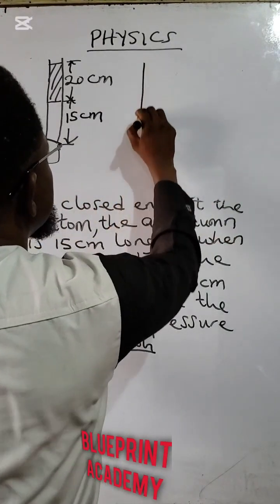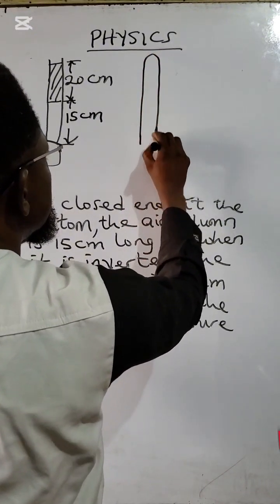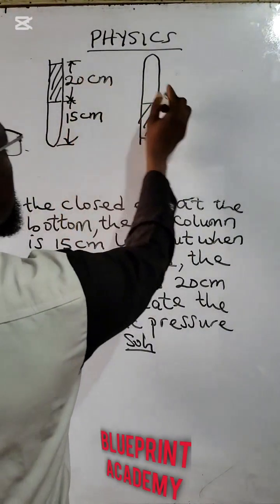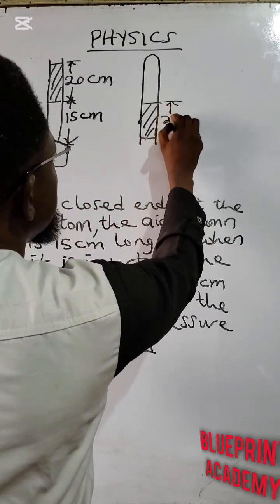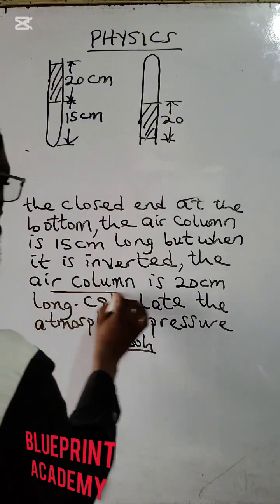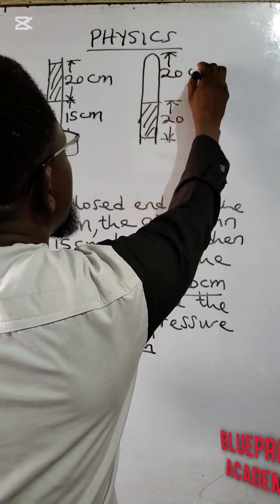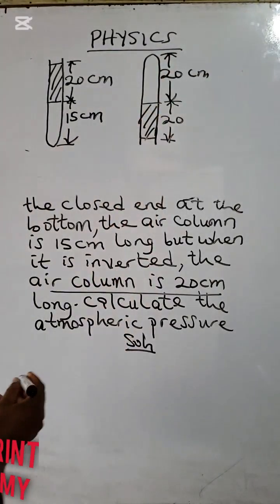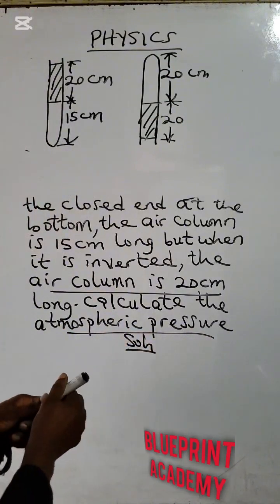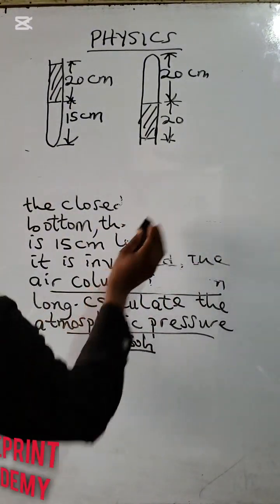we'll have something like this now. When it is inverted, the mercury level will still be the same. The air column becomes 20 centimeters. Calculate the atmospheric pressure. Now, if you want to calculate the atmospheric pressure, what we have is